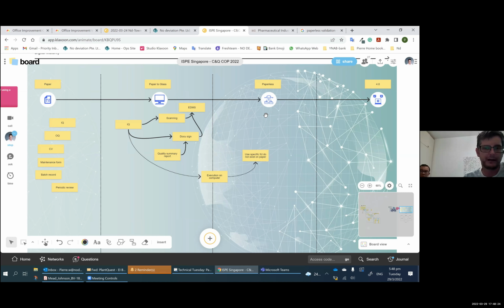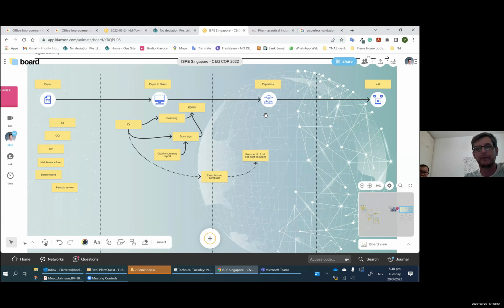And for those who were there at the Thursday morning meeting when we were discussing URS and things like that, you could imagine that I can write a URS in one long text document explaining everything I want to have, or I can write a URS in a table in a Word document, or I can even write a URS in an Excel sheet, where every line of that Excel sheet would be a piece of information, right?